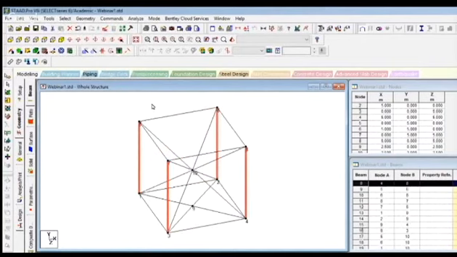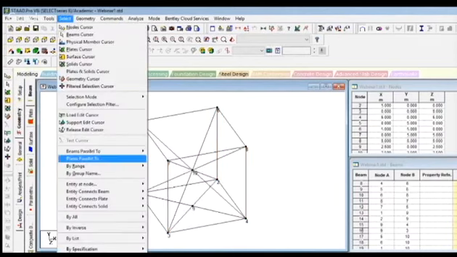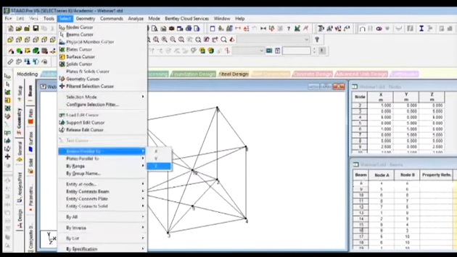I forgot to mention something. You might be considering that, okay, these are the vertical things, but vertical things should be columns. In real life it can be called a column. But for the notation sake, these are also called beams because they're also members. So beams which are parallel to y-axis are columns instead. Again, we'll select beams parallel to z-axis.